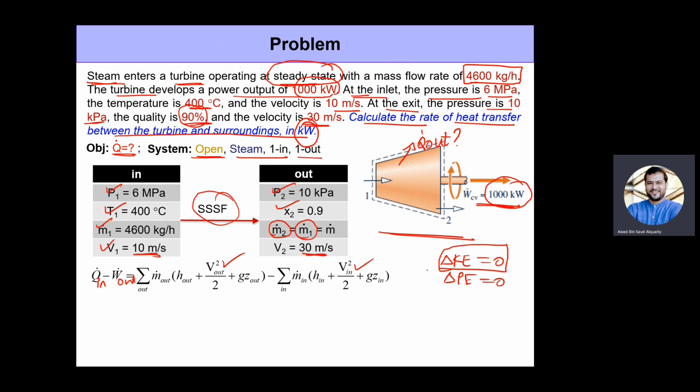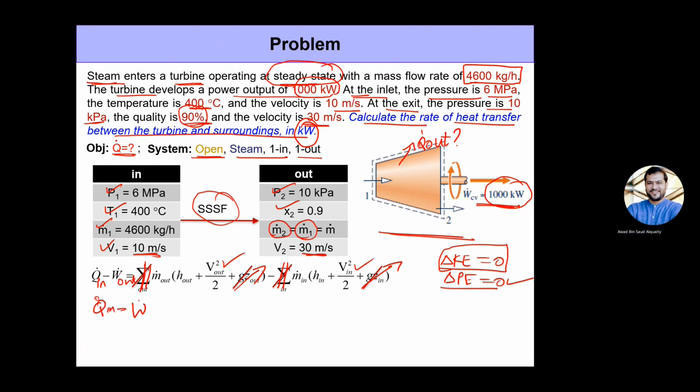Okay. We will, however, go ahead with the assumption that changes in potential energy is 0 because no information is given to us. So we can safely assume that these two terms cancel out. We're not dealing with multiple inlets, so it's just a single inlet, single exit system. And so we can cancel out the relevant terms, and we can write down a simpler version as